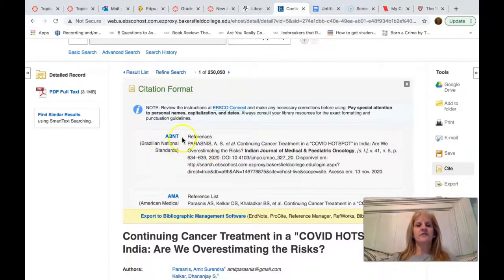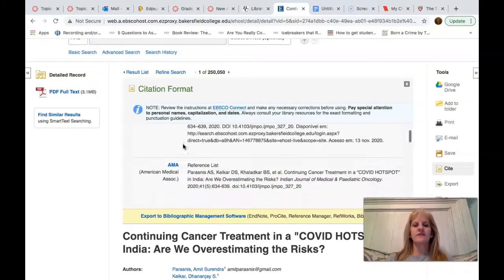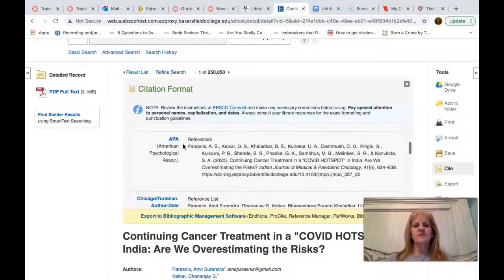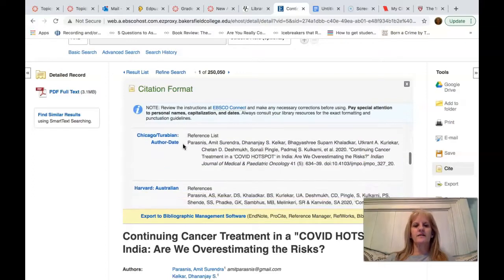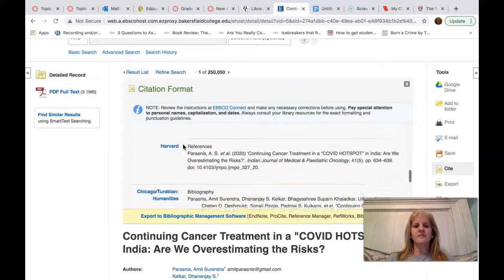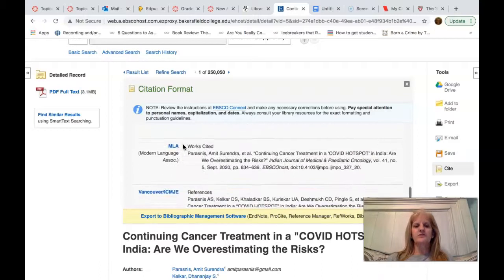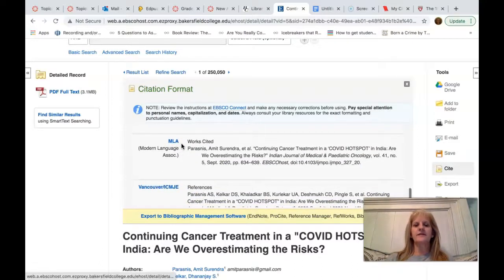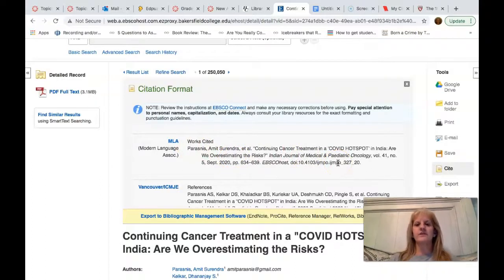Okay, if you look over here to the left, there's this blue lettering. That's the style of the formatting that the citations are given in. APA is one of the more popular ones. I use MLA, that's what I require. So be sure you scroll down to where it says MLA here. And then this whole thing right here is the citation that you will need. If you notice, it says "et al." here, that little Latin phrase for "and others." So all I'm going to do is copy this,